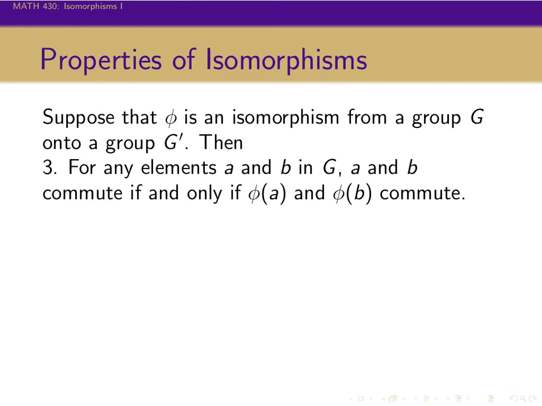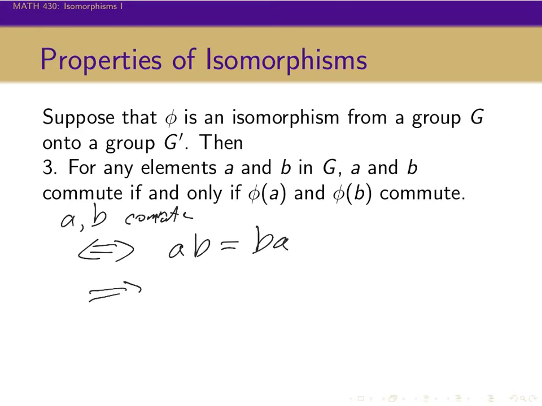Okay, for any elements A and B in G, A and B commute in G if and only if phi of A and phi of B commute in G prime. Right, so the proof for this: A and B commute, if and only if AB equals BA, and this will happen if and only if